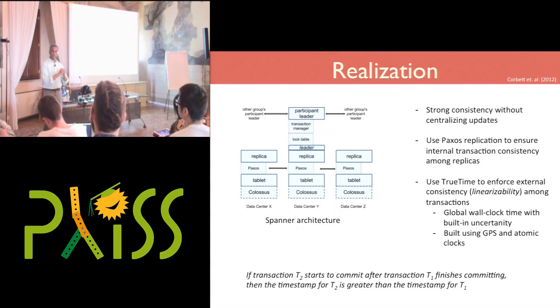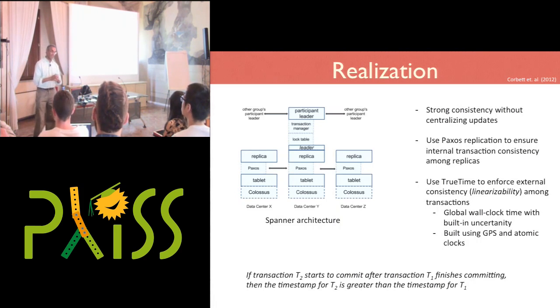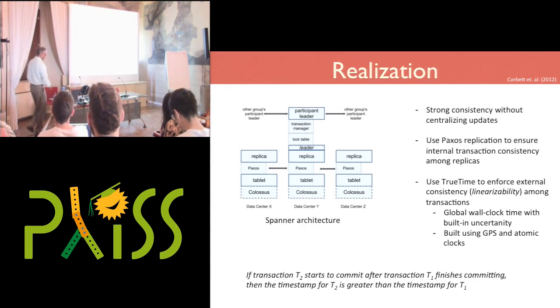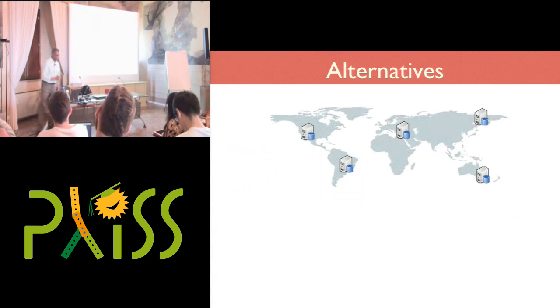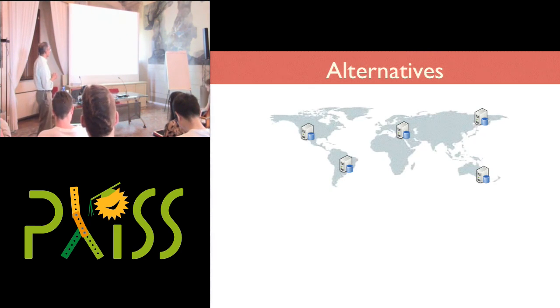But it's a remarkable existence proof that one can actually build systems at global scale that have strong guarantees on the consistency of the data that's read. Okay. So the question that we want to ask is, are there alternatives that mere mortals can do, that don't require the level of engineering that Spanner demands?